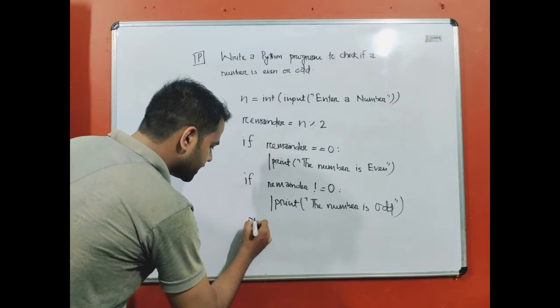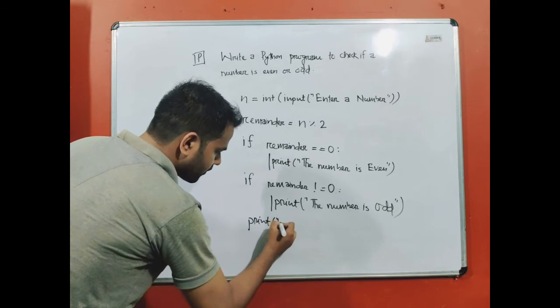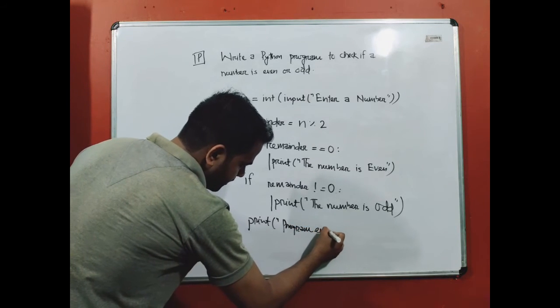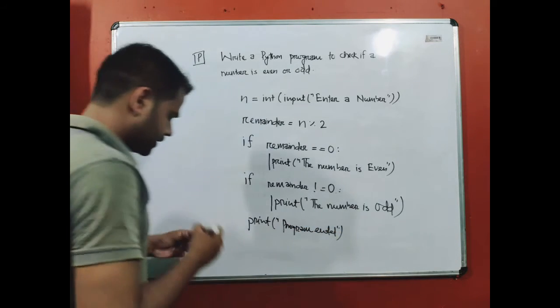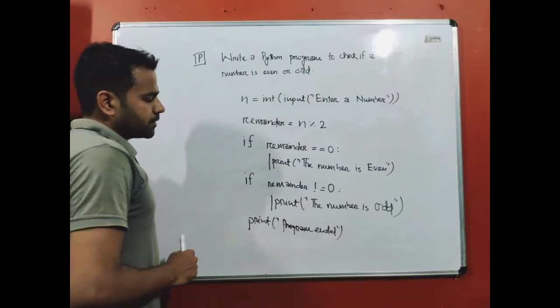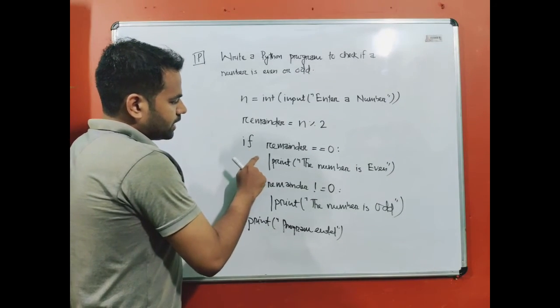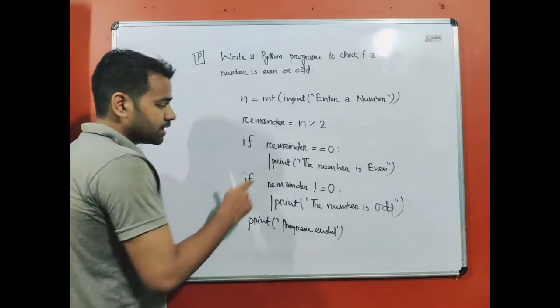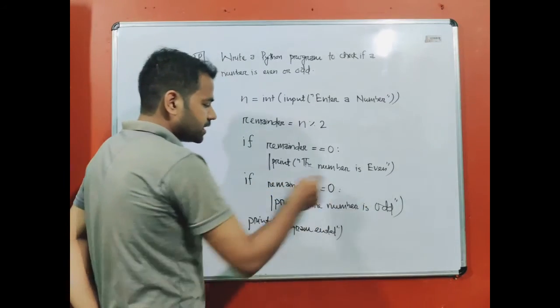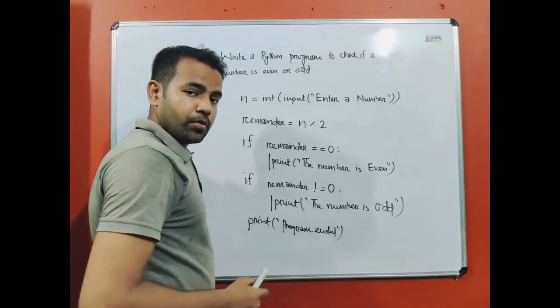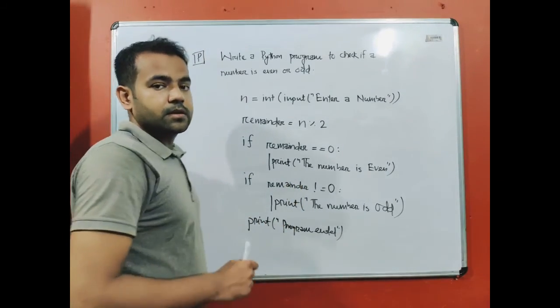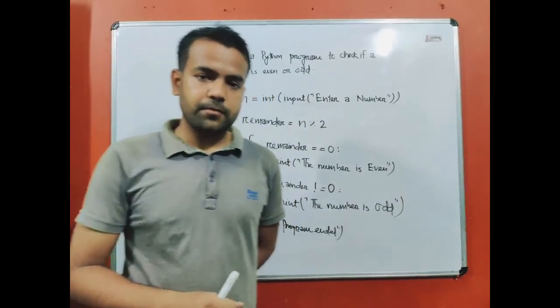And at last you can print program ended. Remember that either this if statement will be executed or this. This means either the first statement will be executed or the second. There will be no case where both of the statements will be executed. This means a number either can be even or it can be